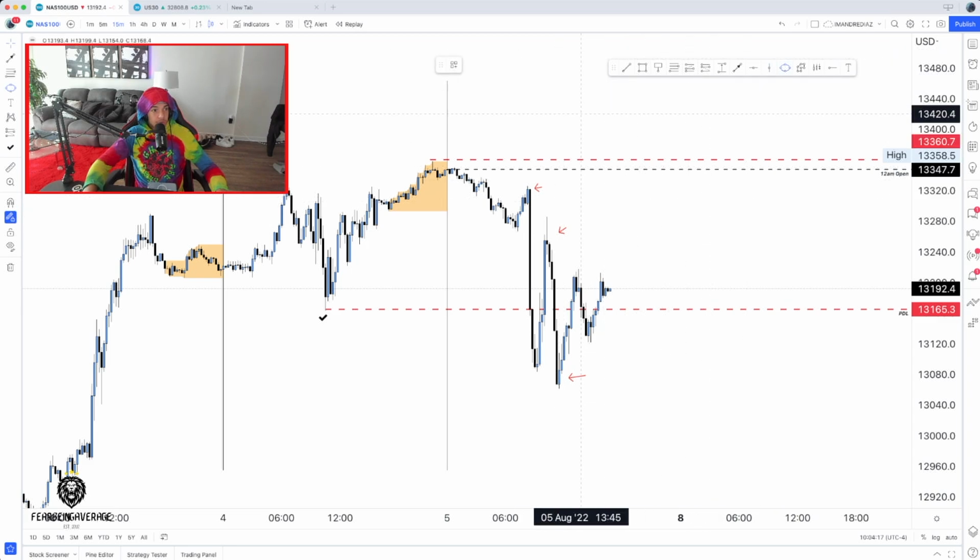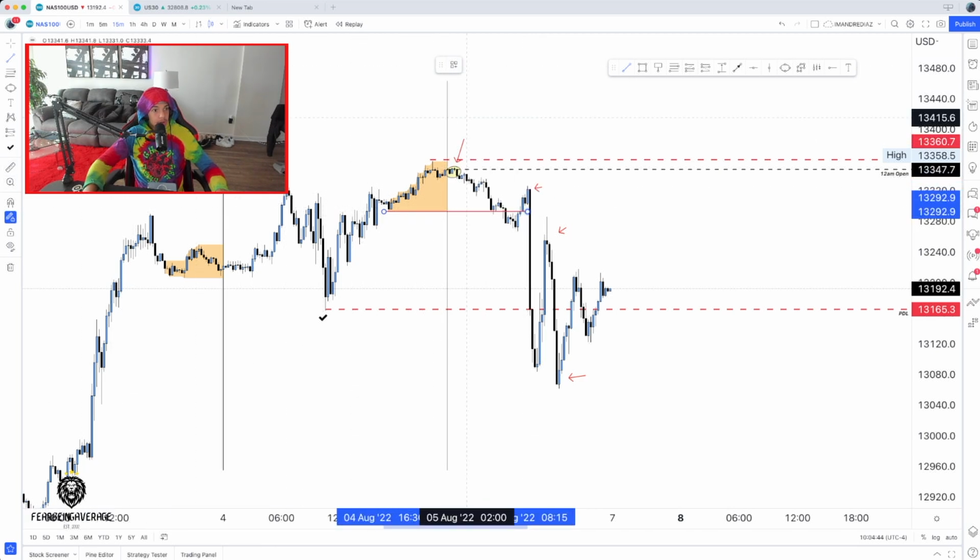First thing I'm going to do is start all the way up here from this high of the day. This was our high of the day because this was the highest point price reached throughout this whole day, around 1:45 in the morning. We didn't run the Asian session high. We simply stayed below the 12 a.m. open and started to trade lower, and then came down and swept the lows of the Asian session.